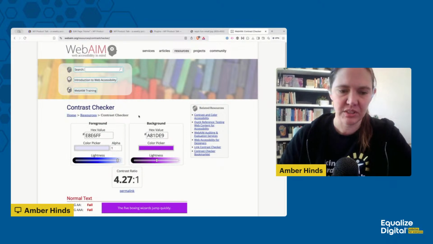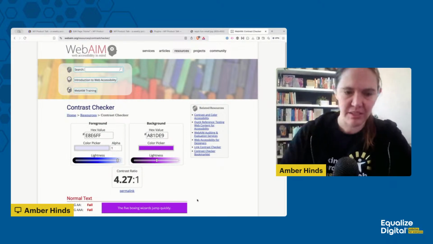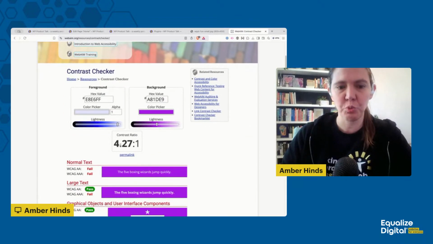TPGI also makes a really good desktop one, but I'm not showing my whole desktop right now, so I can't show it to you, but maybe in the future I will. All right, so we can see this is our fail. It's really close. 4.27 to 1 is the contrast ratio on this light purple on the dark purple,